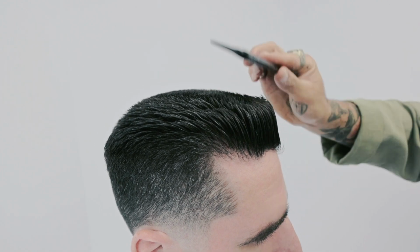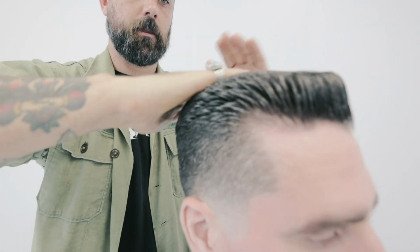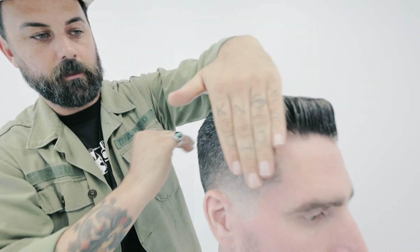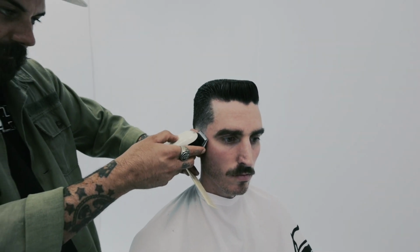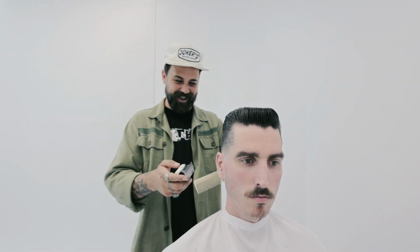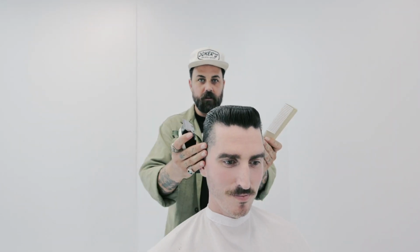Pretty flat at the top. I'm stoked. That there is a flat top on a head of hair I've never done a flat top on before. I was a bit nervous, but I think we've pulled it off. Look down the barrel,